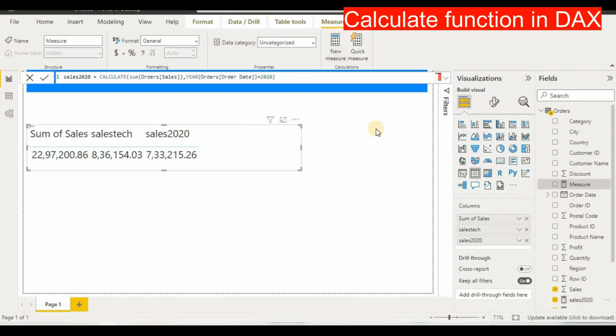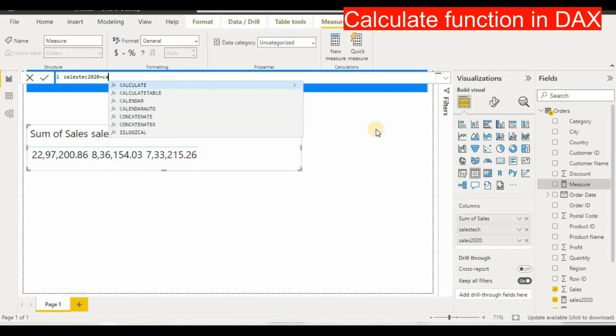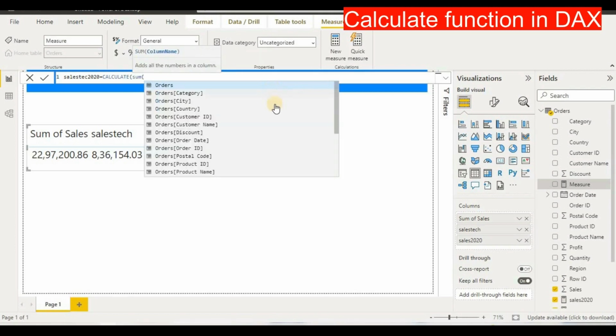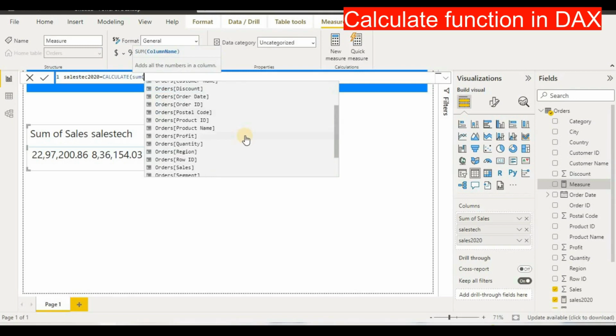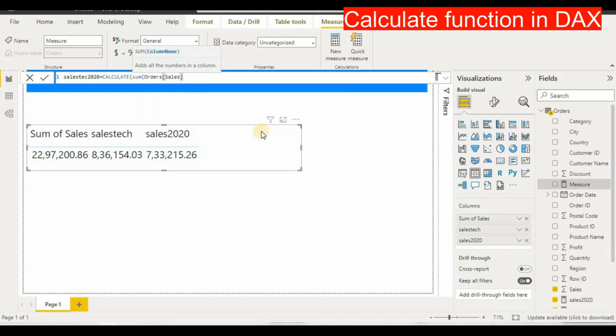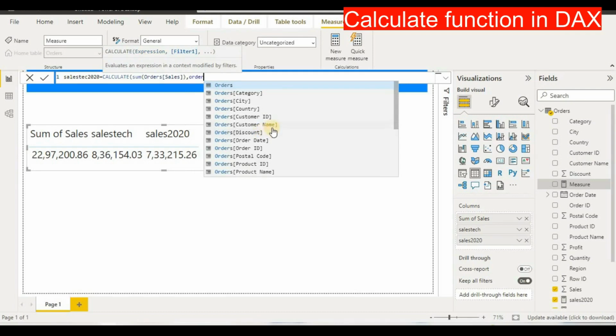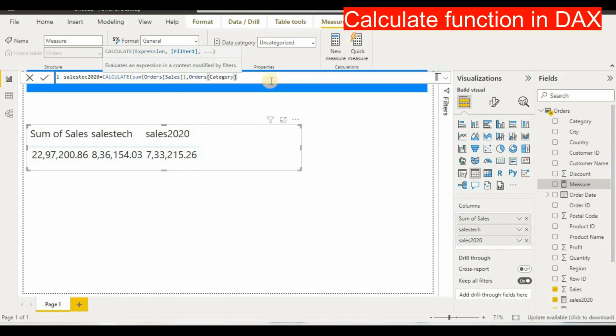and give this a name, sales tech 2020 equal to, then I will type this CALCULATE function here, then I will type SUM, and after putting SUM I will go to, sorry, first sales, order sales, then we'll close this, then comma, then again I will take order category, which needs to be equal to technology,